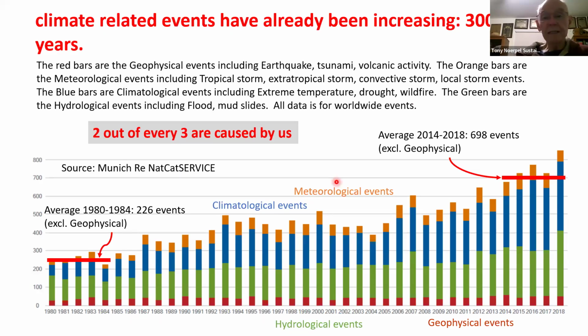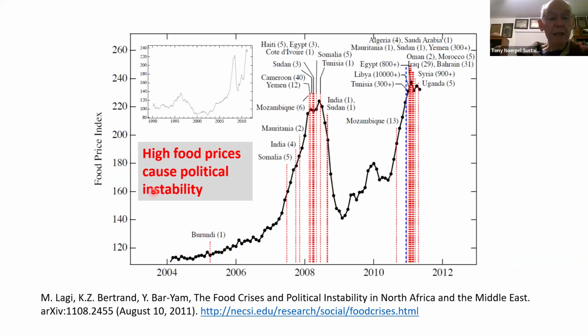Climate-related events have increased threefold, probably more than that. High food prices lead to instabilities. These are all instabilities. These are the number of people that died in parentheses. And you can see when we had a spike here in 2008, this was due to the credit crisis, due to our banksters on Wall Street. And this was due to climate change and a massive heat wave that hit Ukraine and Russia. And they couldn't export any wheat,